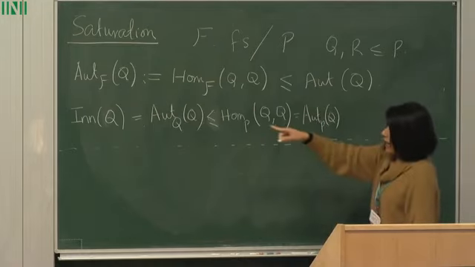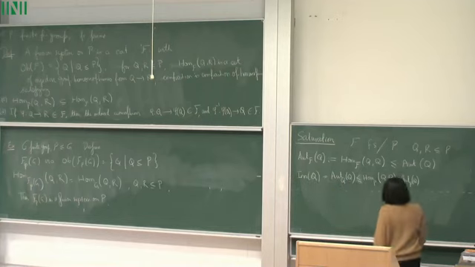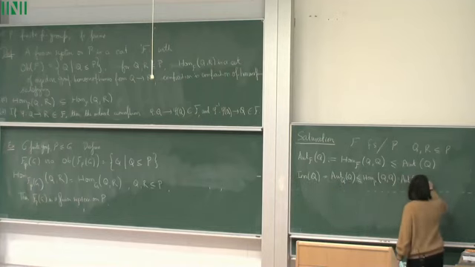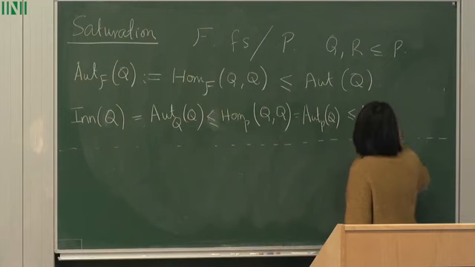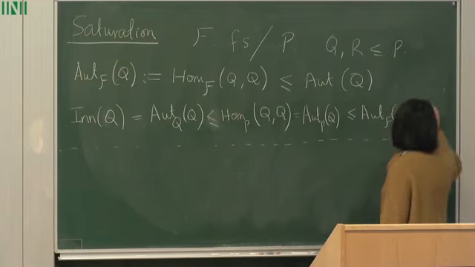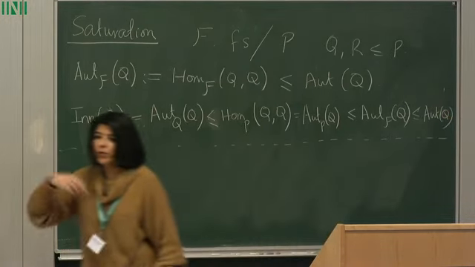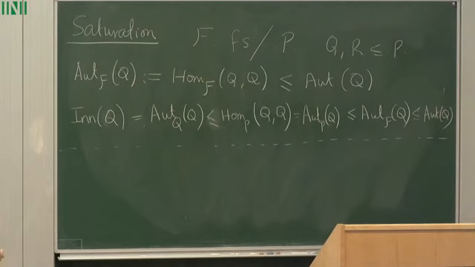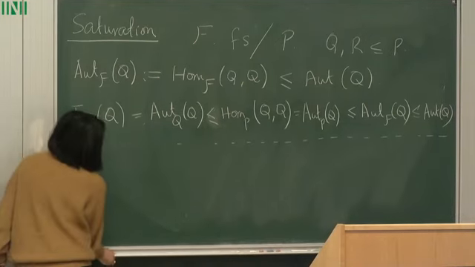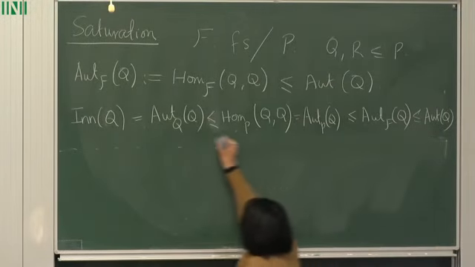And that, by the first axiom of fusion systems, is inside Aut_F(Q). So every inner automorphism of Q is inside the automorphism group of Q in F. And also, so then we can define